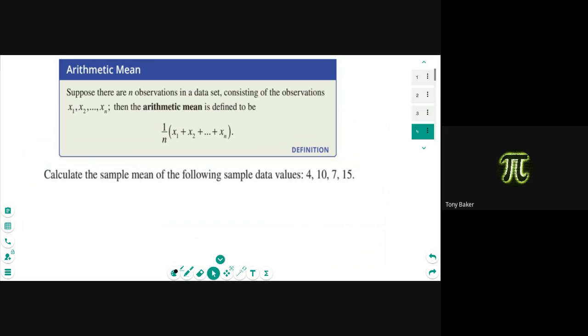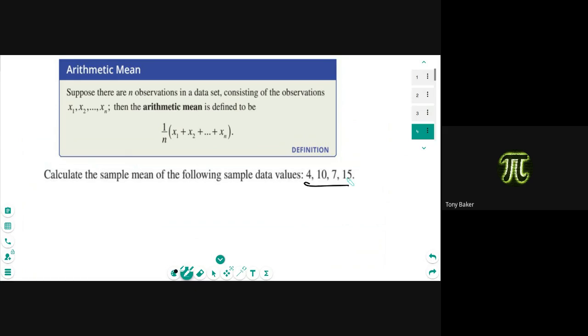So sample and population are two different things. When you're looking at data, if it says it's sample data, that's looking at it as sample data. If it says it's population data, that means you have all of the data. Just keep that in mind, because some of them will actually make a difference depending on what it says. So in this case, we've got sample data of these 4 points right here, and we're looking at finding